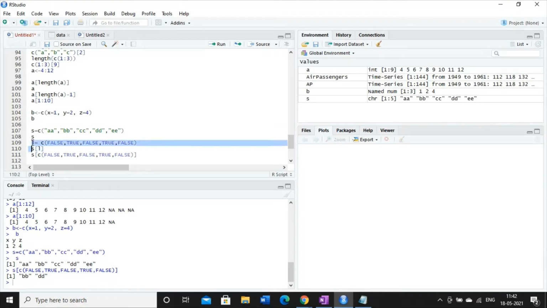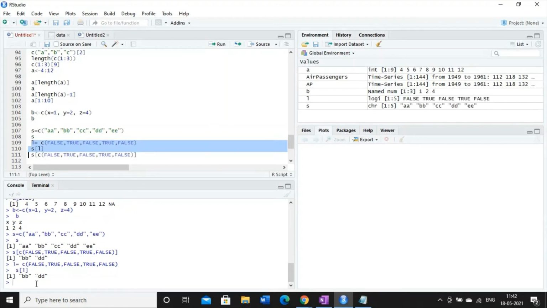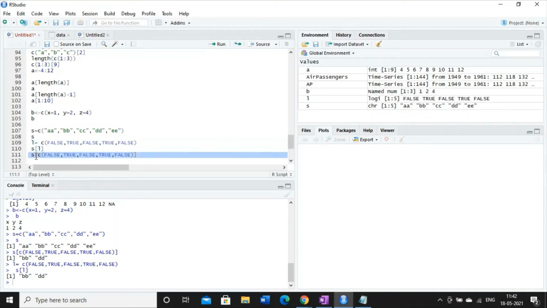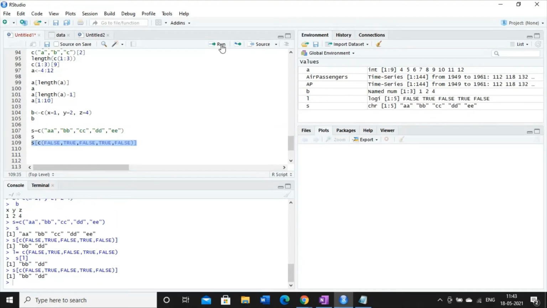So if you execute this code, it will give you the same result. It will give you the second and the fourth element. However, whenever you are using this code, you are accommodating one extra variable, which is a wastage of memory space. So in order to avoid these two lines, I am just merging these two lines into one line. So try to understand, this is the optimized code for accessing the second and fourth element of a specific vector.